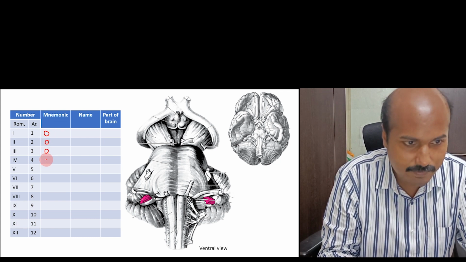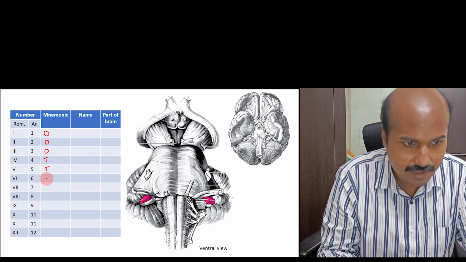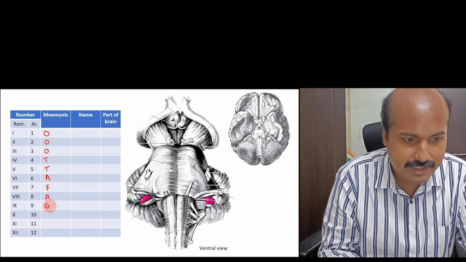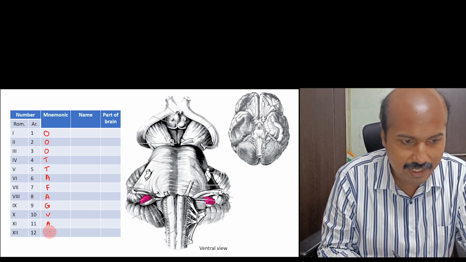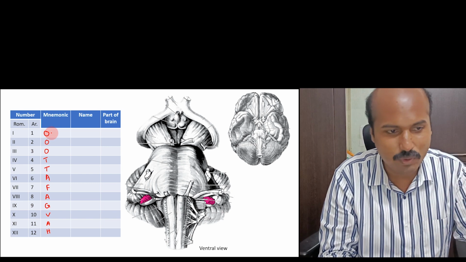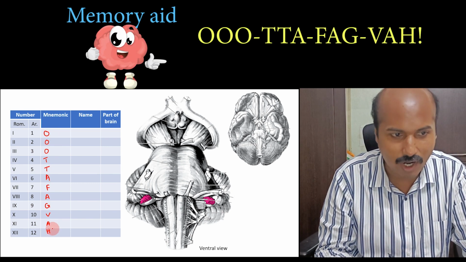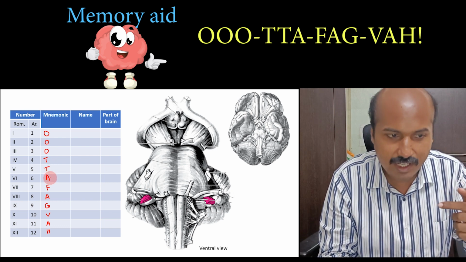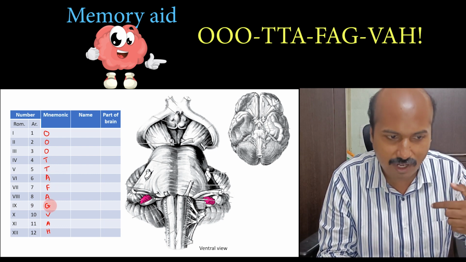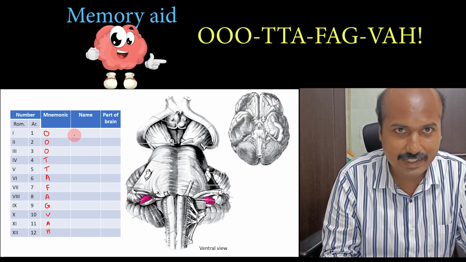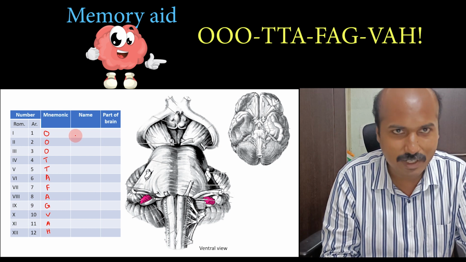You have 3 O's and 2 T's. Next you have an A. Next you have F. The next, in the mnemonic, is A. Next G, V, A, and H. It's important to put a word to sound it. It is called OOO-TTA-FAG-VAH. 3 O's and TT, OOO-TTA-FAG-VAH. So that is a mnemonic, and it's very important to correlate the name and the number, and